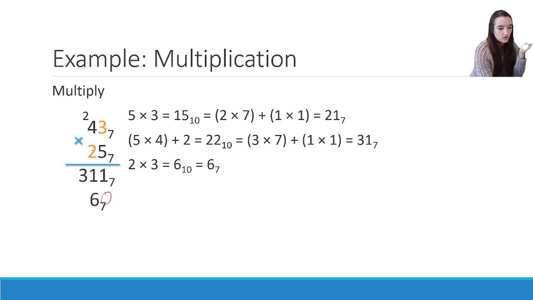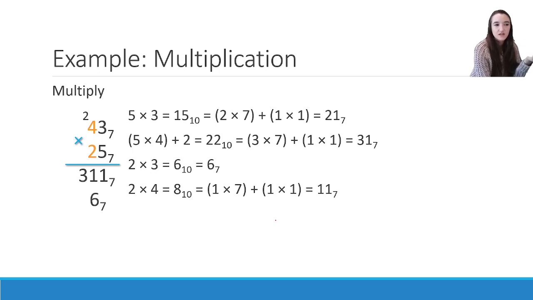Then we go on to 2 times 4. 2 times 4 is, of course, 8 in base 10, but what is it in base 7? Well, we get 1 7, and then what's left over? 7, 1 left. So 1, 1, in other words, 1 times 7 plus 1 times 1, that's 11 base 7. So we can just place our 11 here, and then we have to finish by doing the addition. And we do the addition, we have to remember we're still in base 7, the same way we were when we did the addition